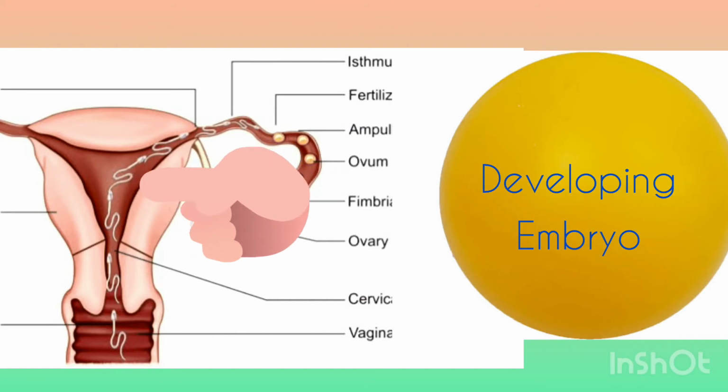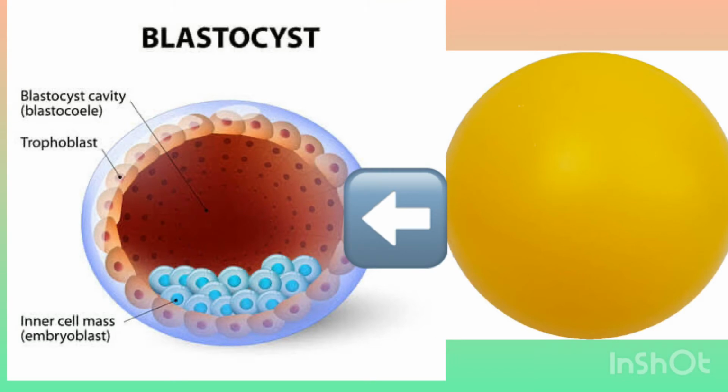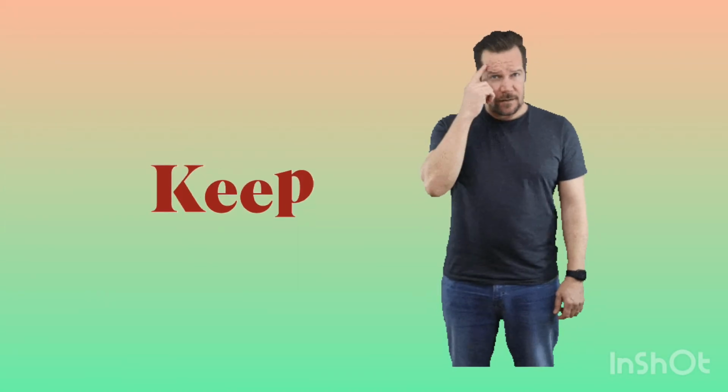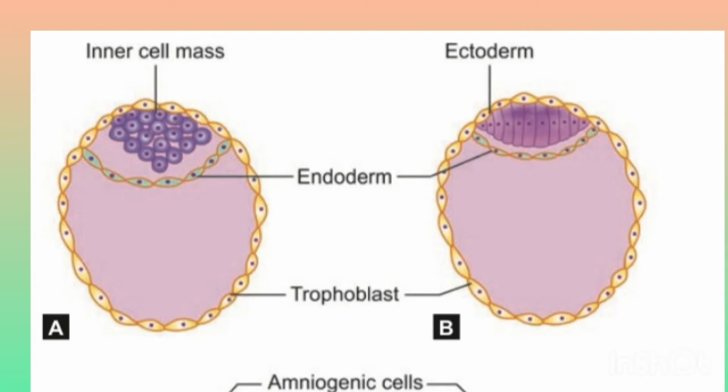Imagine this ball to be the developing embryo which is about to get implanted in the uterine wall. The blastocyst that just formed is basically nothing but a cross-section of the developing embryo. So please keep in mind that whatever we are going to discuss henceforth is basically a cross-section of our human embryo. As the blastocyst develops further, it gives rise not only to the tissues and organs of the embryo, but also to a number of structures that support the embryo and help acquire nutrition.